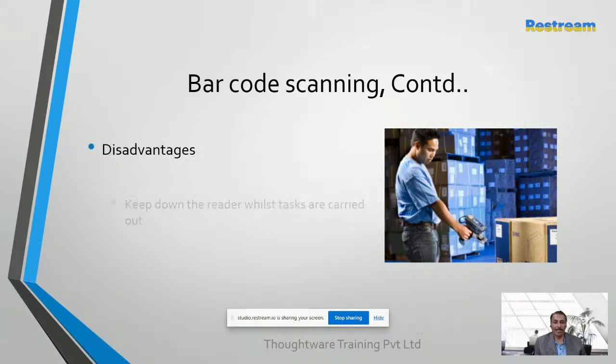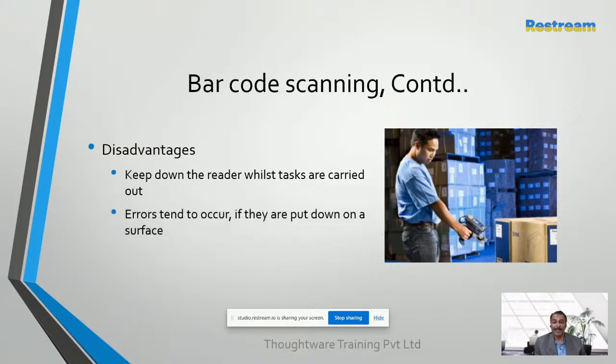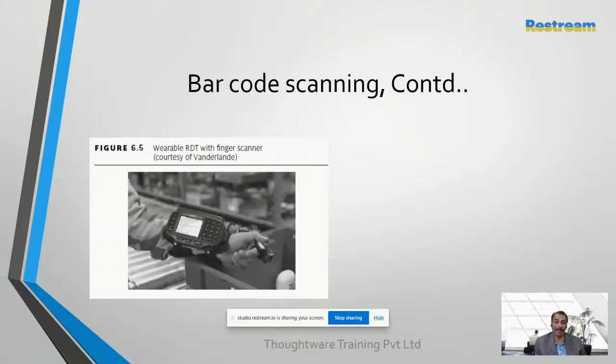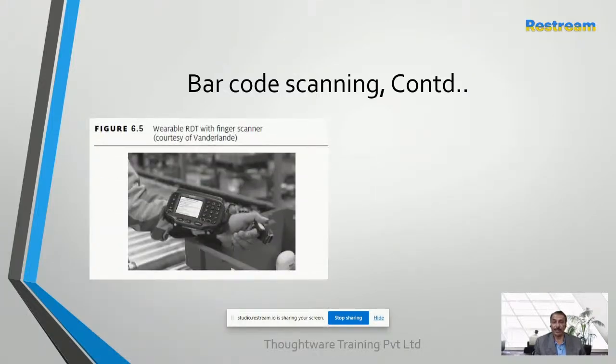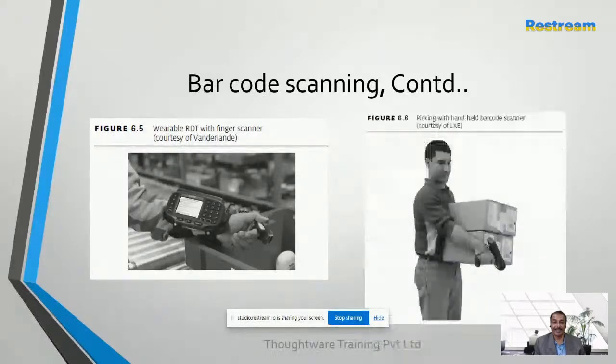Of course, this comes with some disadvantage. Keep down the reader whilst tasks are being carried out. Errors tend to occur if they are put down on a surface, low accuracy level, and you can also see the various formats of barcode scanners like wearable finger scanner or picking with handheld barcode scanner. Of course, if you see in Google or YouTube, you will get an idea how these units can perform. Because in India, still we are not used to these kind of handheld